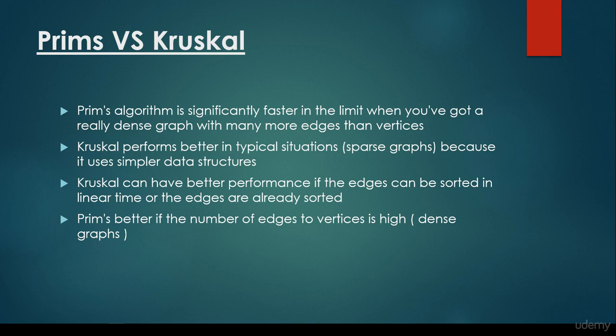So basically it is a good rule of thumb that if there's a dense graph, which means that the number of edges is very high, then we definitely have to use the Prim's-Jarník algorithm. In the main, for standard graphs, so graphs where the number of edges is not that high, the Kruskal algorithm is going to be better. And why is it good to use Kruskal in the main? Because it doesn't have any underlying abstract data type such as the heap, and that's why it doesn't have any additional memory complexity. Okay, so that's all about the Prim's-Jarník algorithm and the difference between the two minimum spanning tree algorithms.